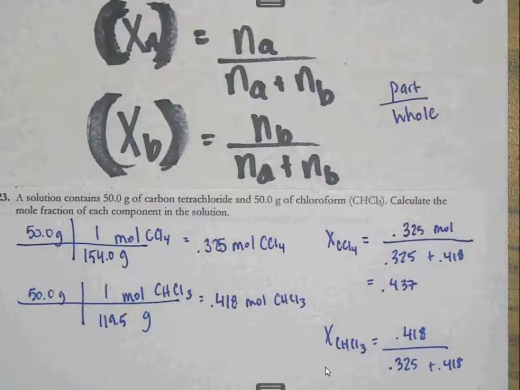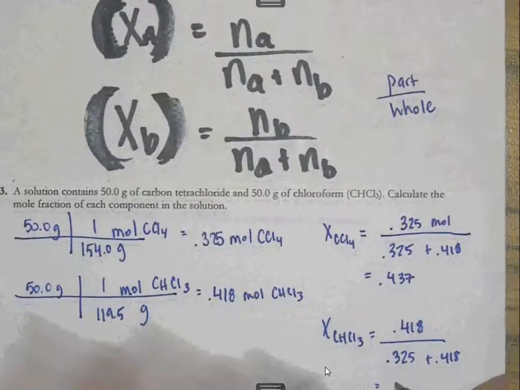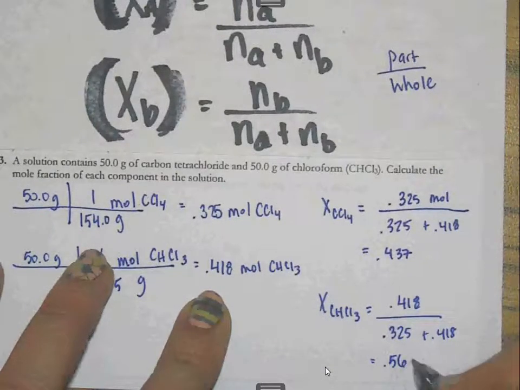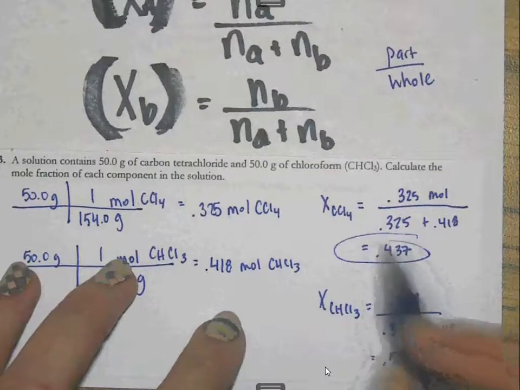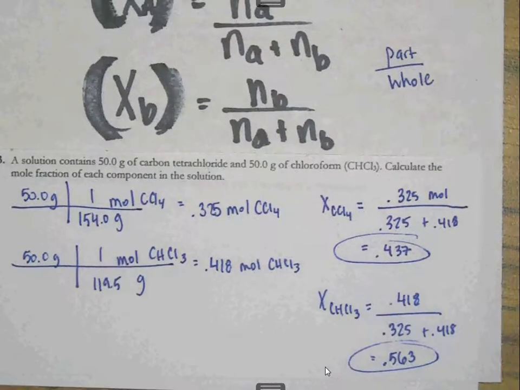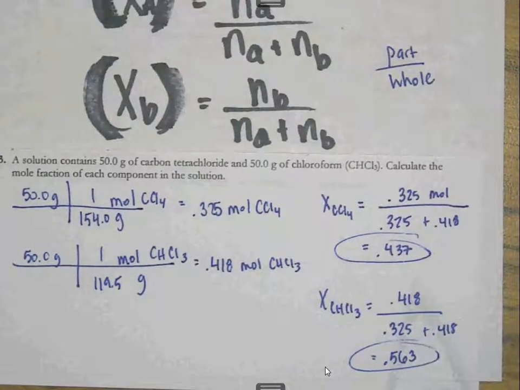Now, this is the place where they should add up to equal 1. So it is 0.437 carbon tetrachloride and 0.536 parts chloroform. And those two numbers do add up to equal